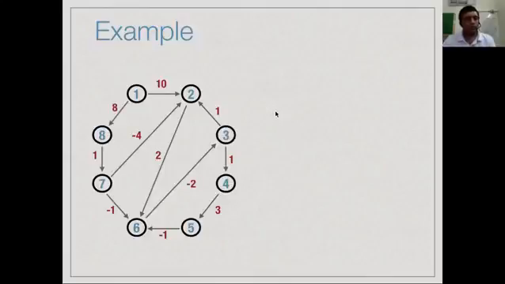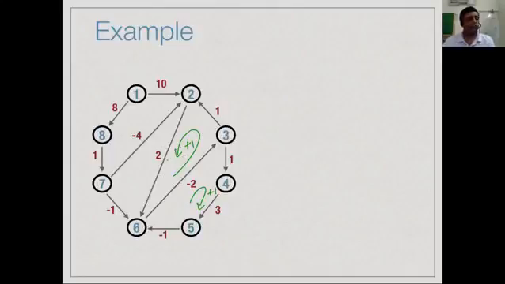So let's look at an example and see how the Bellman-Ford algorithm actually works. So here is a graph which has some cycles and it has some negative weights, but there are no negative cycles. So for instance, you'll see that here we have a cycle whose weight is -2 plus 1 is -1 plus 2 is +1. Okay. Similarly, here we have a cycle whose weight is, if you go around from 6 to 3 to 4 to 5, you have -2 plus 1 is -1 plus 3 is +2 -1 is +1. Right? So this is again a cycle of +1. So there are negative weights but no negative cycles.